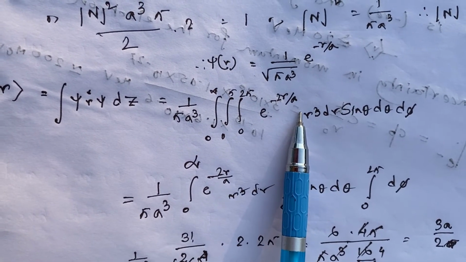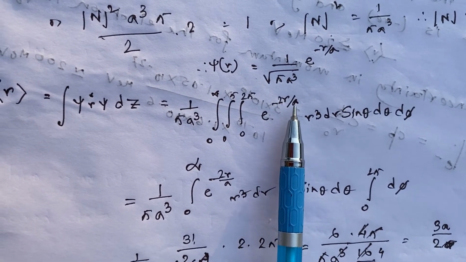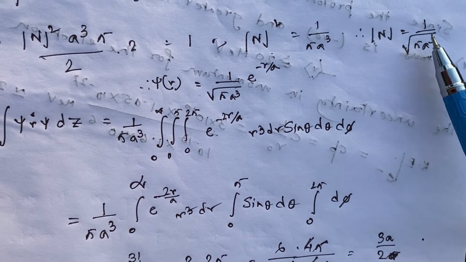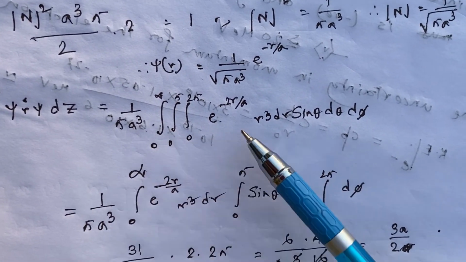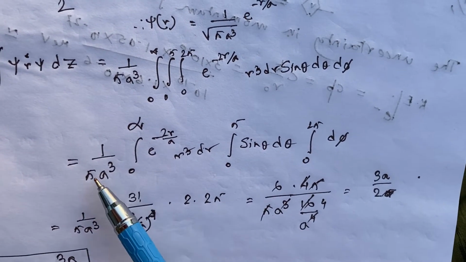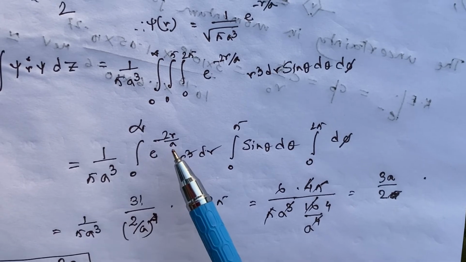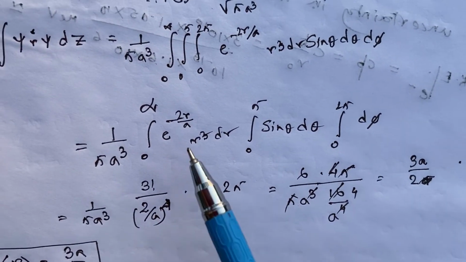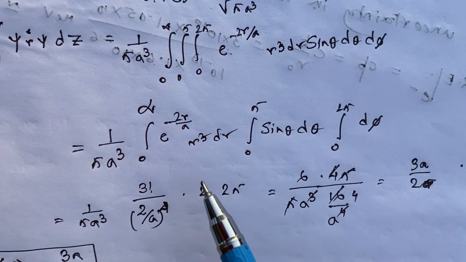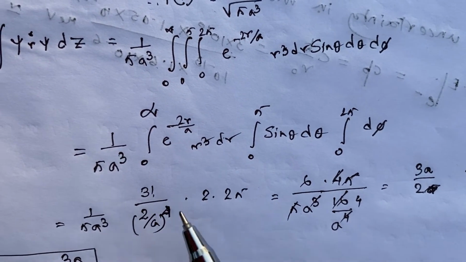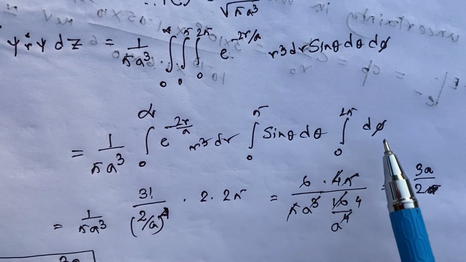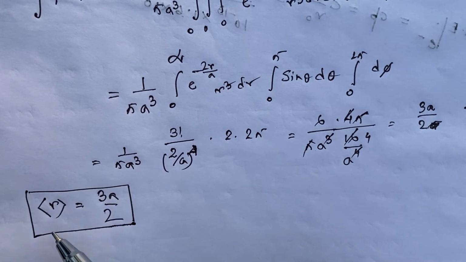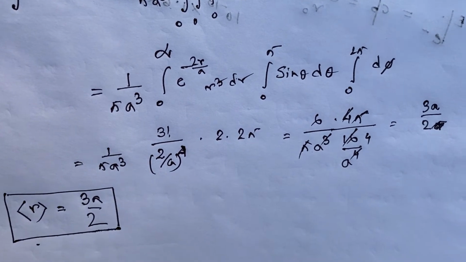আচ্ছা, সাই স্টার সাই এর জন্য e টু দি পাওয়ার মাইনাস 2r/a, কারণ দুটো এক্সপোনেন্ট ছিল, e টু দি পাওয়ার মাইনাস r/a ইন্টু e টু দি পাওয়ার মাইনাস r/a। আচ্ছা, এন এর ভ্যালু হচ্ছে 1/√(π a কিউব), এটাকে স্কোয়ার করলে শুধু 1/π a কিউব হবে, এখানে এসেছে 1/π a কিউব এই পুরো ইন্টিগ্রেশনটা। আচ্ছা, এবার এখানে সেই একইভাবে আগের ফর্মুলাটা ইউজ করব। এখন এখানে আর কিউব আছে মানে n ইকুয়াল টু 3 আছে, অর্থাৎ n+1 মানে 4 হয়ে যাবে। তো এখানে আর এর ইন্টিগ্রেশনটা করা হয়েছে, থিটার ইন্টিগ্রেশনটা থেকে 2 এসেছে, ডি ফাই এর ইন্টিগ্রেশনটা থেকে 2π এসেছে। এটাকে সলভ করে এর ভ্যালুটা এসেছে 3a/2, অর্থাৎ আর এর এক্সপেকটেশন ভ্যালু মানে পজিশনের এক্সপেকটেশন ভ্যালু হচ্ছে 3a/2।